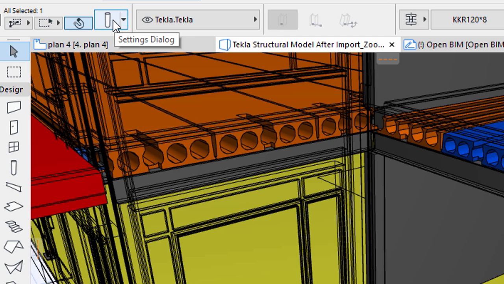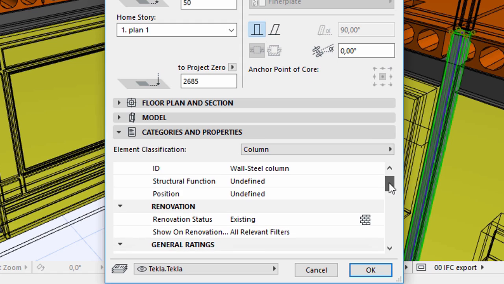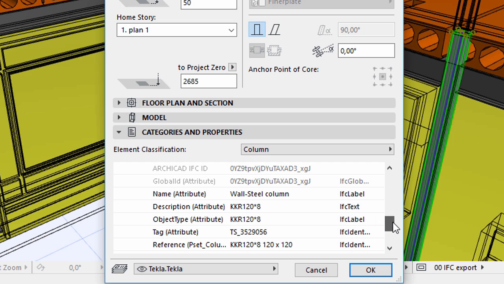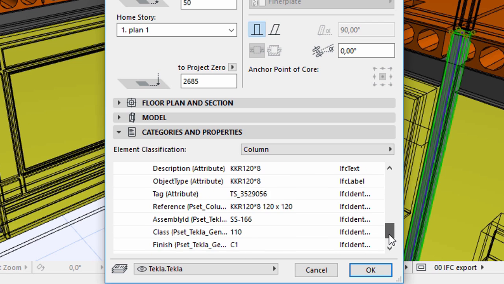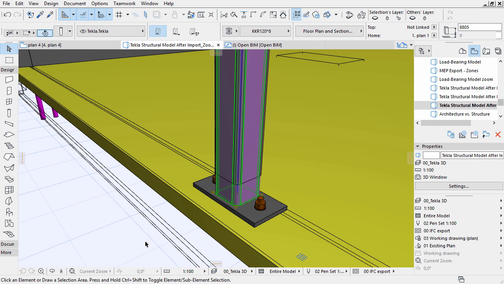Let's go into the settings of the element and check its properties. In the Categories and Properties panel, we can see that ARCHICAD correctly classified the element as a column. Further down, under IFC Properties, we get information about the element's material type, section, etc., as defined by the structural engineer. If the structural model contains steel connections, such as bolts or joining plates, or if it contains elements, such as reinforcing mesh, starter bars, etc., we can display them too. This information is of great help to architects for